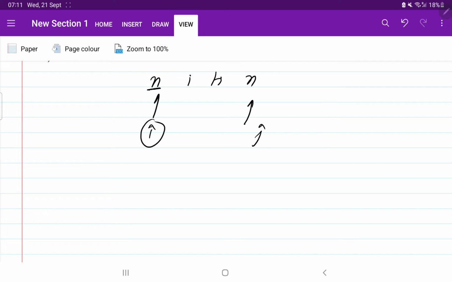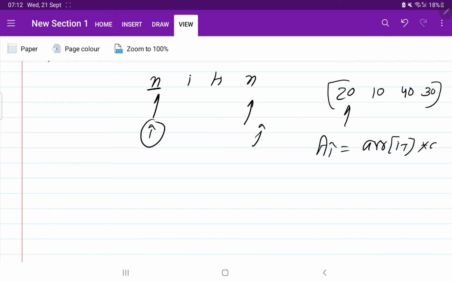But in the earlier example, what we were doing, we were using one array for the matrix multiplication. So at that time this was not making any sense, because what was the issue? Array of I, a of I, will be equal to array of I minus 1 multiplied by array of I, something like this. So if you put I equal to 0, it is going to become array of minus 1 multiplied by array of 0. So that's why we started k from 1 there, to avoid this circumstance.